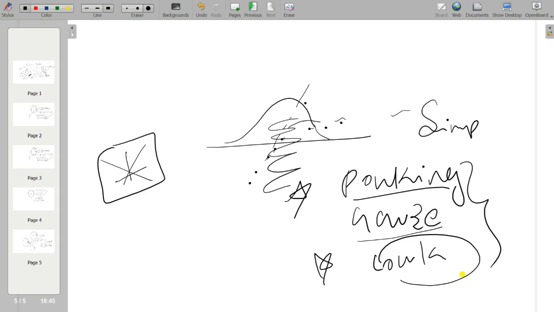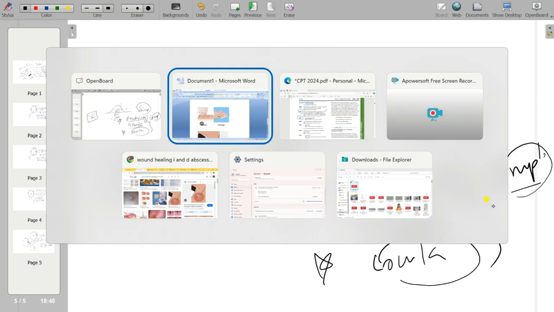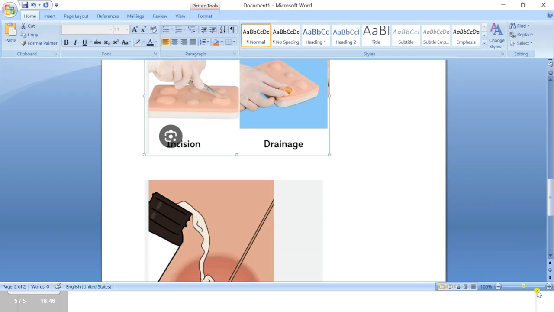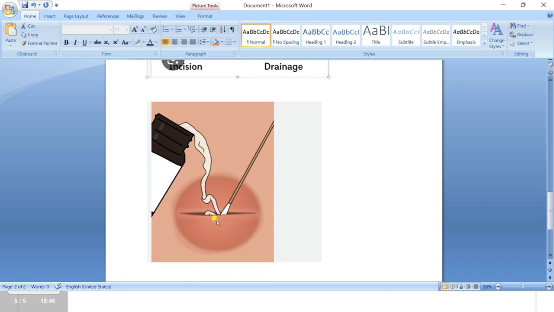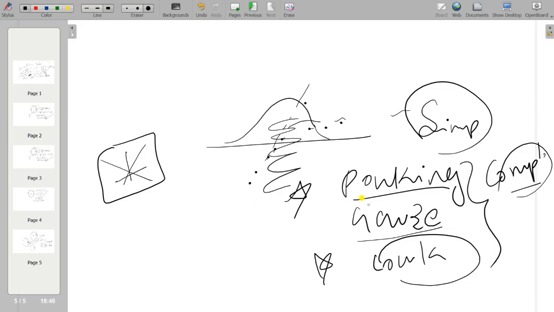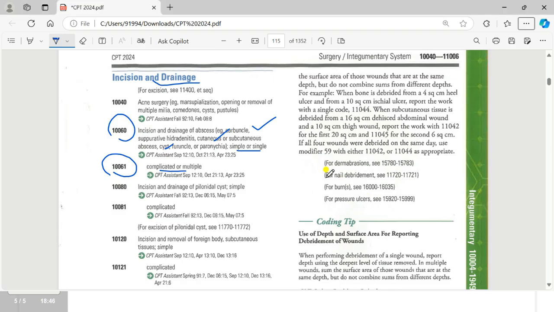All these terminologies are nothing but a complex I&D. This is a simple I&D and this is a complex I&D. We'll see the picture also for your understanding. See here, they have done the incision and drained, and they are doing the packing with the gauze. So this is the complex I&D. What is the code? 10061.